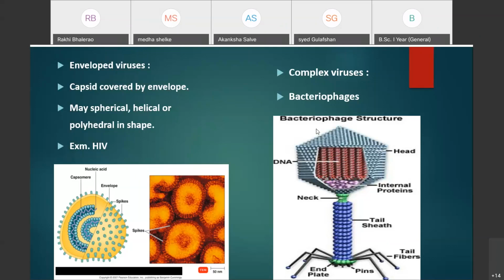Okay, these are the four most important morphological forms of the viruses. The first one is the helical virus, the second one polyhedral virus, the third one enveloped virus, and the fourth one